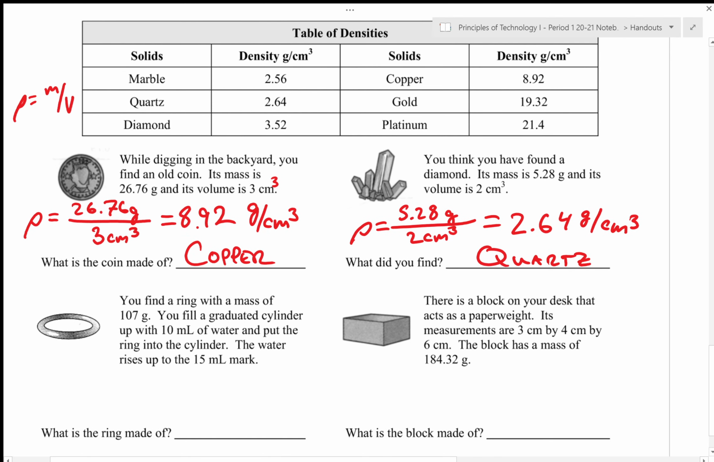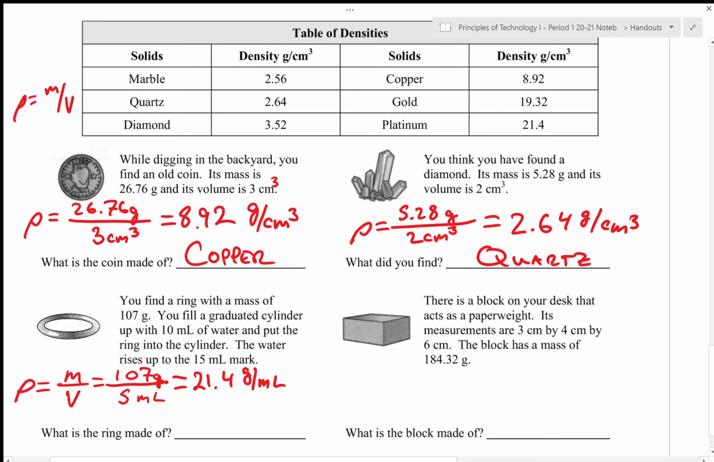Moving on, we found a ring also, and that ring has a mass of 107 grams, and we're told that when we put it in a cylinder of water, the water went from 10 milliliters to 15 milliliters, meaning the volume of the ring is 5 milliliters. If we take 107 and divide it by 5, we will get 21.4 grams per milliliter,